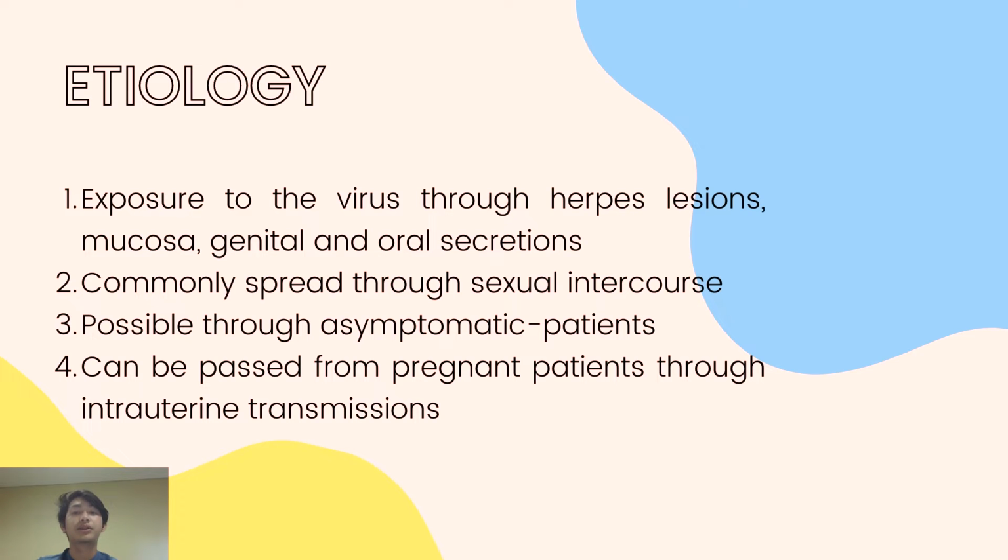The only difference is that when a patient receives oral sex from a type 1 herpes patient, the virus that spreads is the type 1 herpes virus. It is also common to find patients who are infected through people who are clueless of them having one, or through asymptomatic patients of herpes. Pregnant women having primary or recurrent herpes can also pass on the disease by intrauterine transmission, leading to congenital herpes